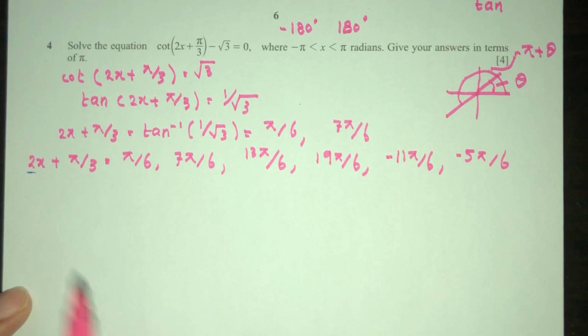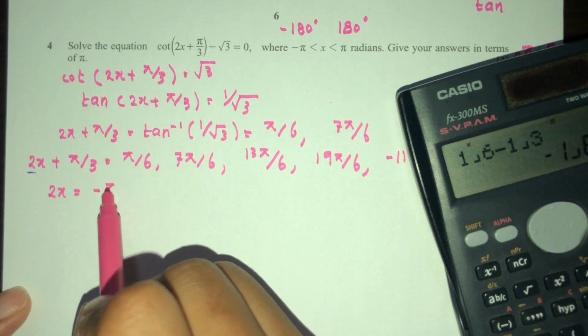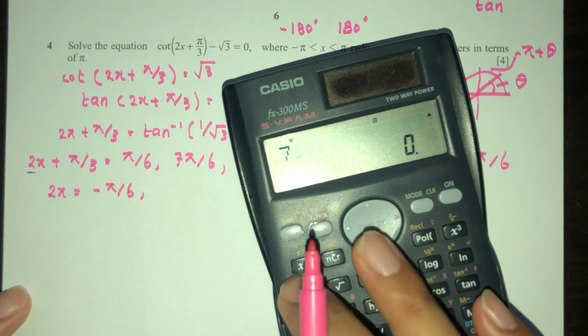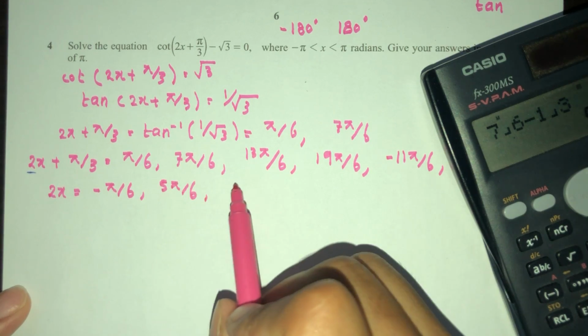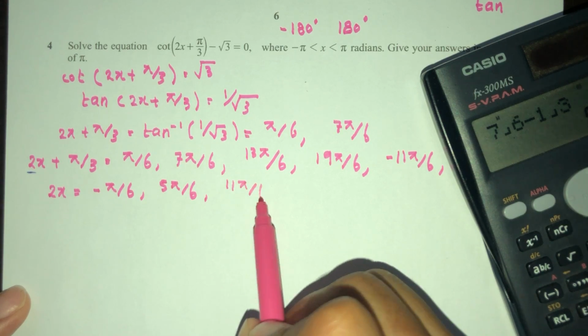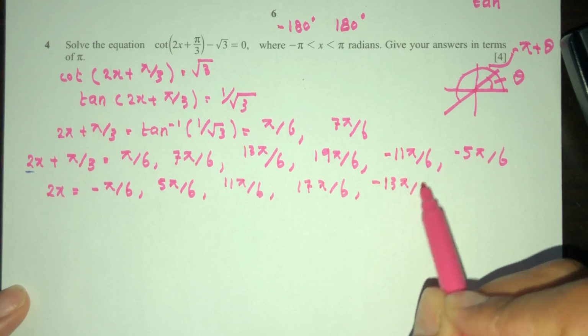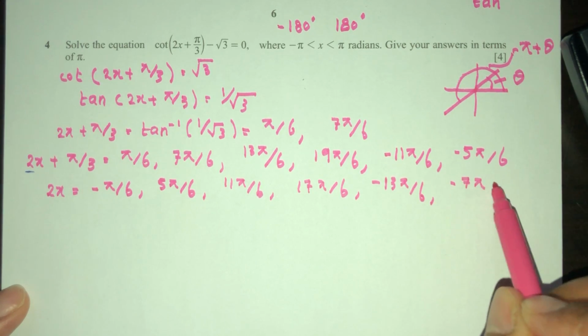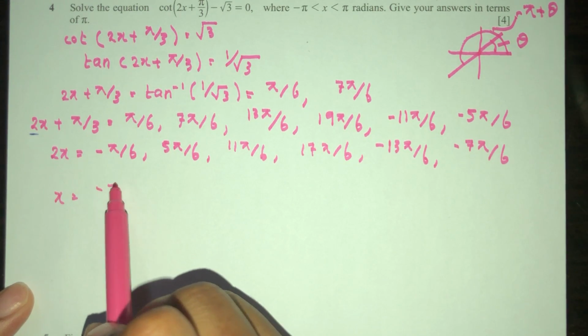Now let's try to simplify. We have 2x will be equal to what? It becomes 1 over 6 minus this one, 1 over 3, becomes minus 1 over 6 minus pi over 6. 7 over 6 minus 1 over 3, that will be 5 pi over 6. Basically we're just minusing this every time. That will be 11 pi over 6, 17 pi over 6, minus 13 pi over 6, and finally minus 7 pi over 6. And then in the end we have to find the value of x, not 2x, so x will be minus pi over 12,